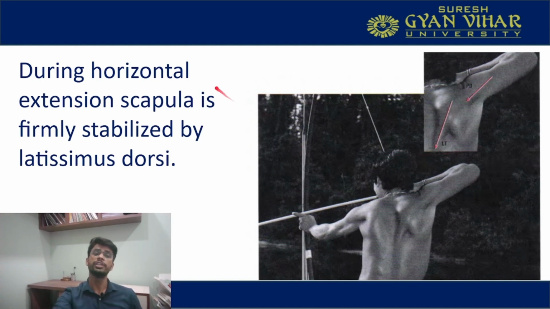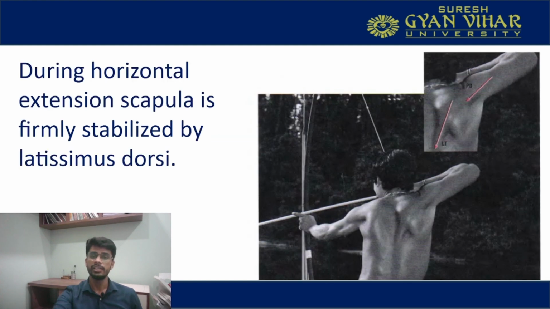Whenever a person is doing horizontal extension, you see this archer doing horizontal extension. Horizontal extension is possible by the muscle called the posterior deltoid, which is a distal mobilizer. This extension by the posterior deltoid is possible because your proximal stabilizer, the latissimus dorsi, is over here, acting to stabilize the scapula. So in an archer you will see hypertrophy of the latissimus dorsi and hypertrophy of the posterior deltoid muscle, as both these muscles are important for horizontal extension.